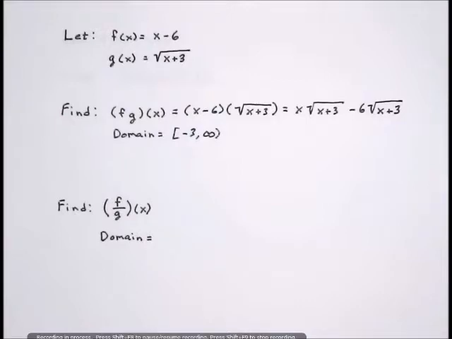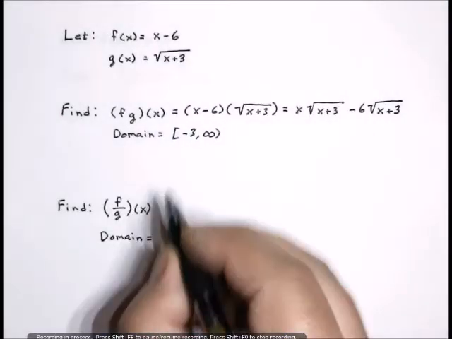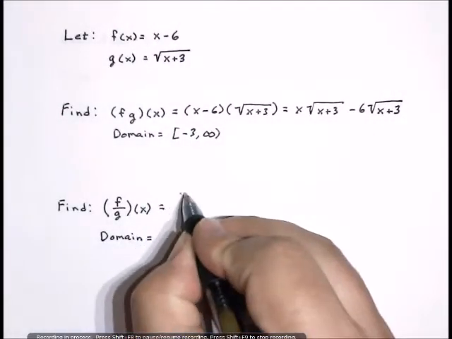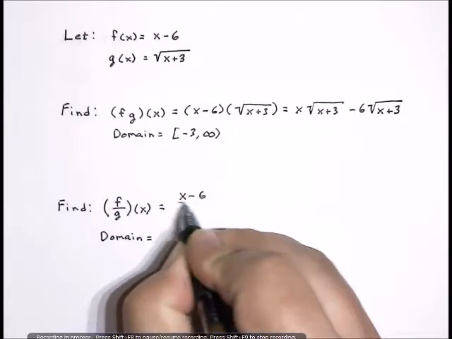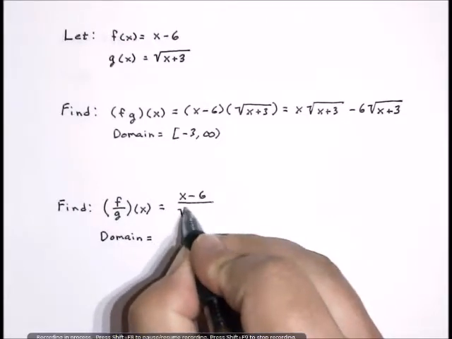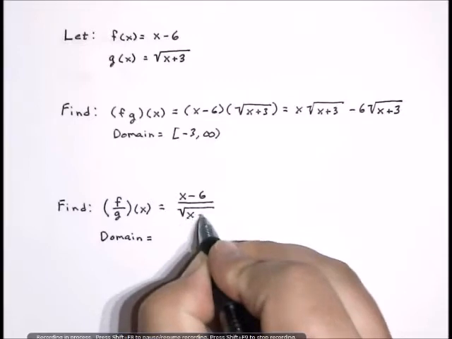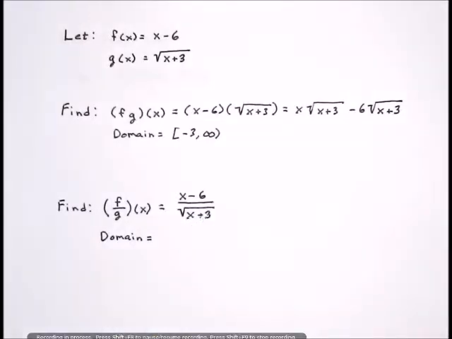And let's finish up with f over g of x. I put the f on top, and the g of x on the bottom. Nothing will simplify. So that's the final answer for f over g of x. The domain, though, is going to get a little bit tricky in this one,